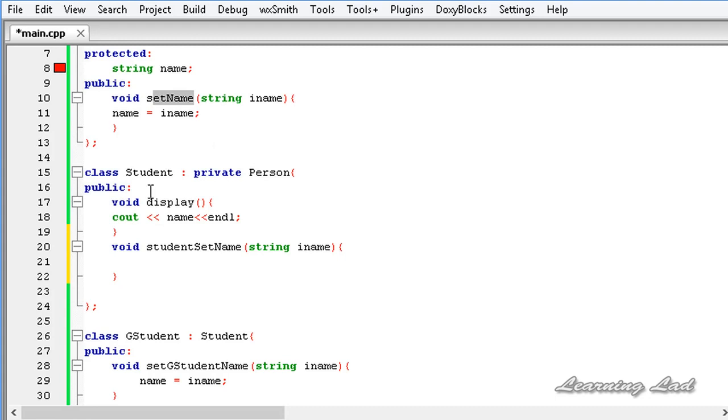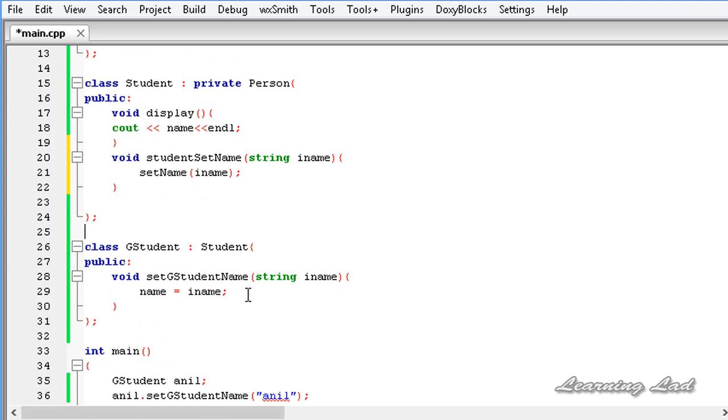This set name is available in this class student, that's why it's going to be set name, and it's going to be i name. And here in our G student class, we're going to access the public method of this student, which is set student name, and I'm going to copy that and paste it here, and we need to pass the i name,